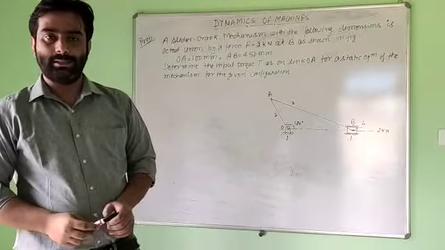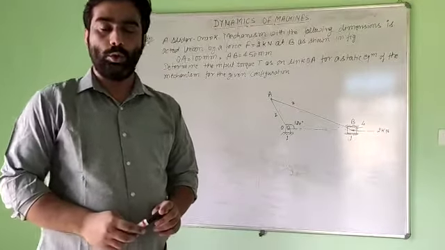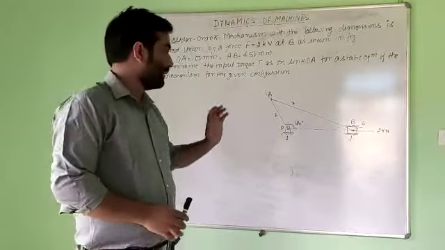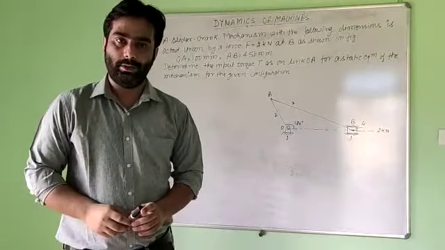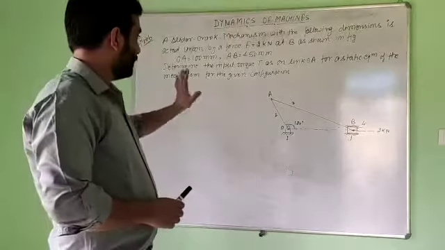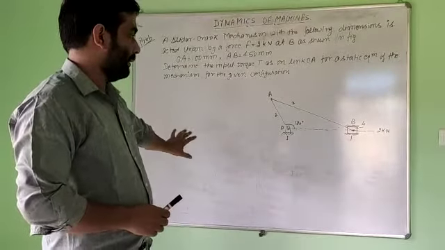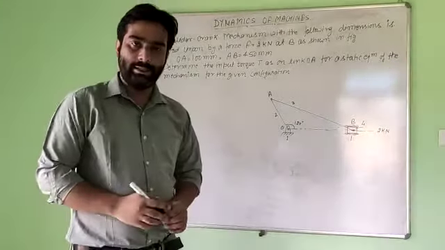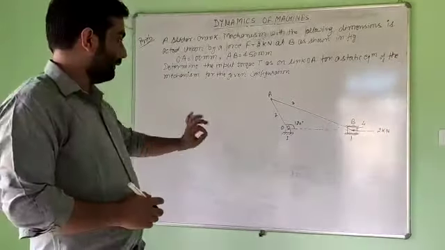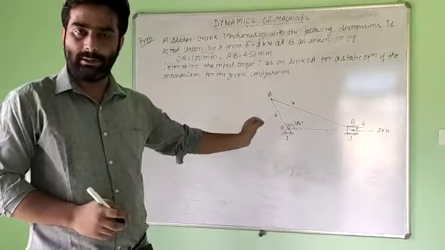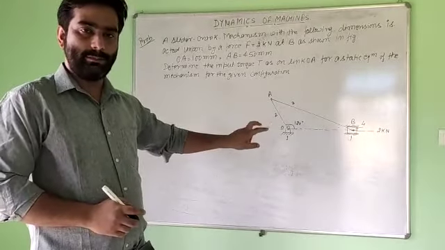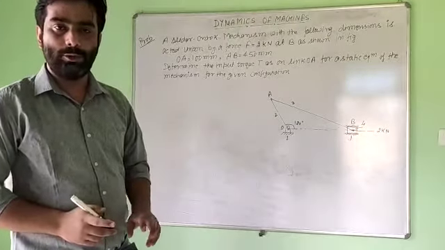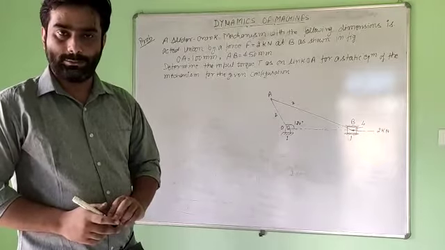In the last lecture, we have discussed how to draw the free body diagram of a slider crank mechanism. For a static equilibrium condition, if a mechanism is in static equilibrium, then each and every member will be in static equilibrium. We have three conditions: a member subjected to two forces, a member subjected to three forces, and a member subjected to two forces and a torque.